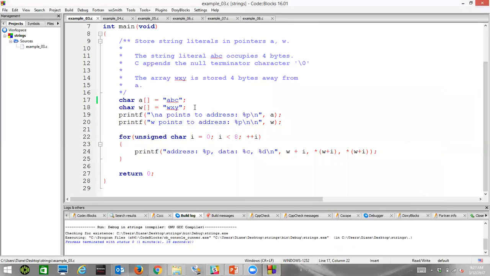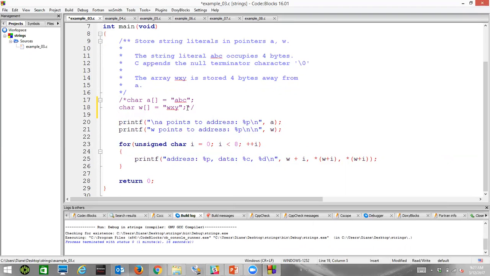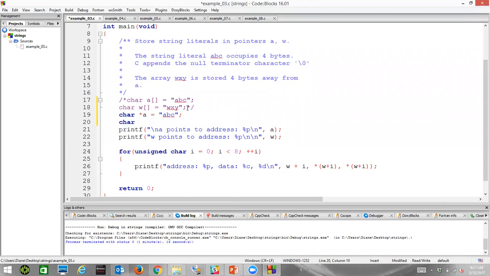Here, let me just wipe these out. So if we just change this back to example 2, where we had char star A equals ABC, right, and char star W equals WXY, right,